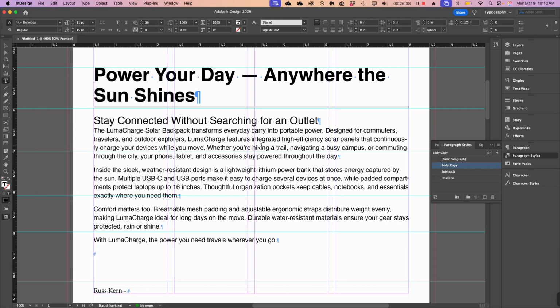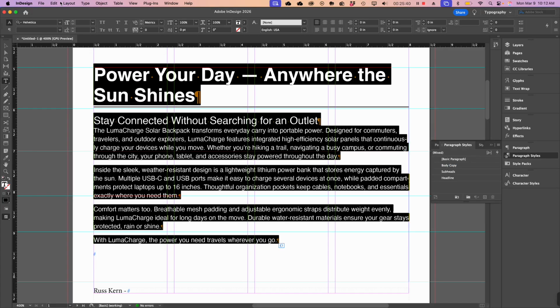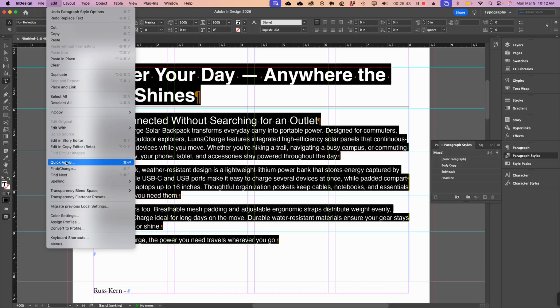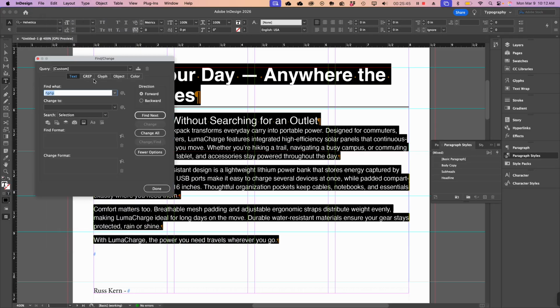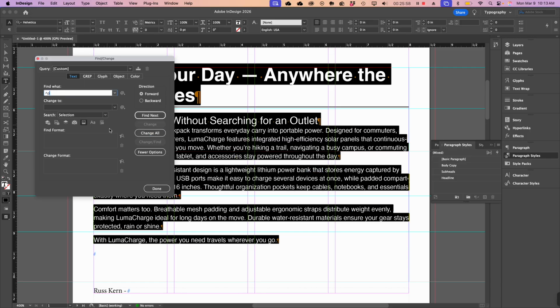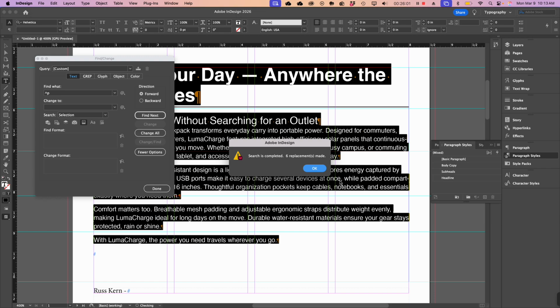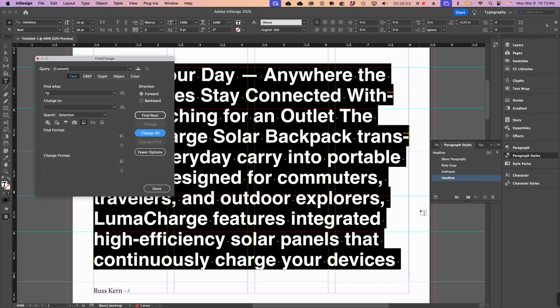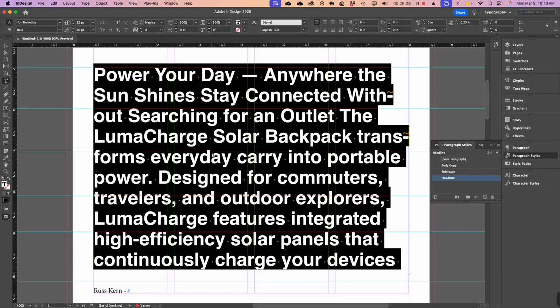Let me do that, just so I get what you get. Okay, so it just applied my headline to it. Select all that text, apply your body copy,